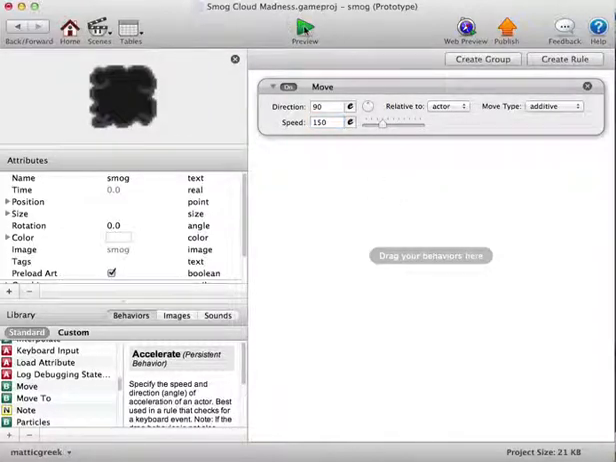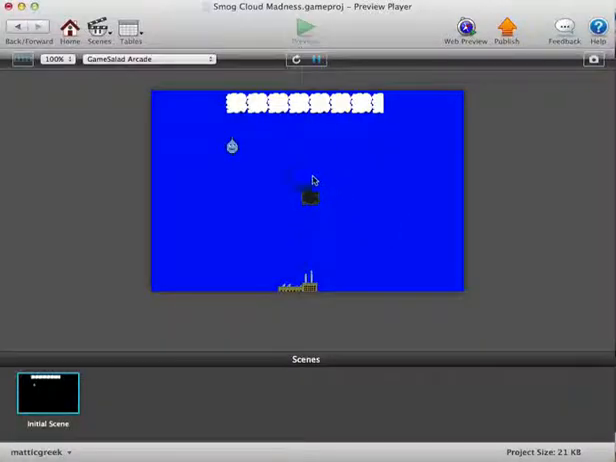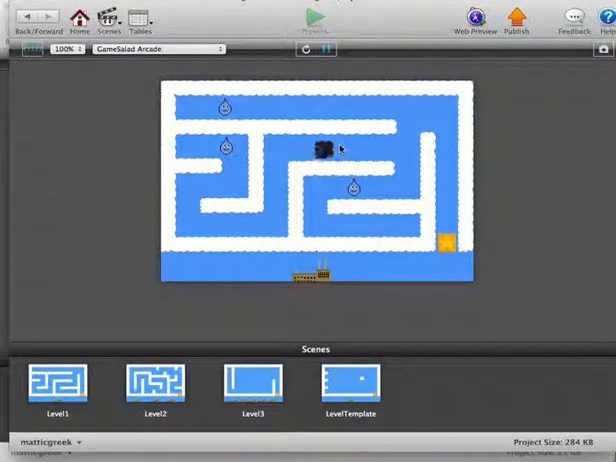So let's go ahead and run that. Now what we're saying is when there's one smog, it should move upward. So if we run the game, it works, which is great. So we've solved all the problems, right? Well, not quite. You may notice there's no additional smog,